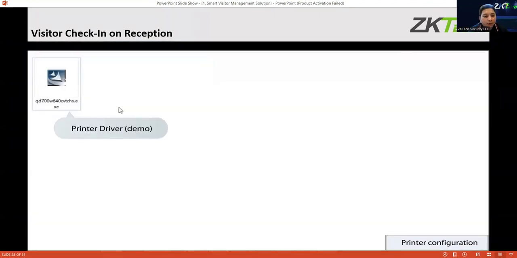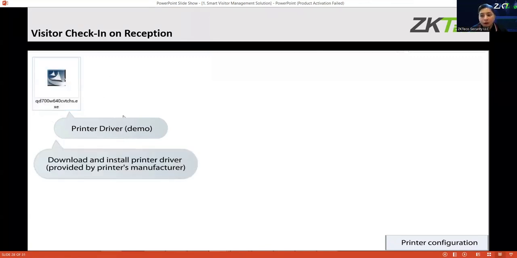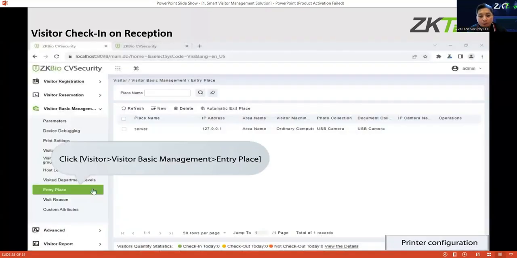We have here the printer so that we can connect the printer to our software, which we are using to print the details or the QR codes that will be used.